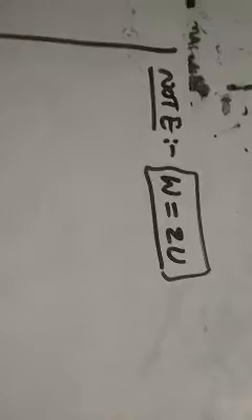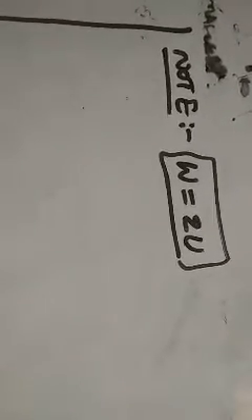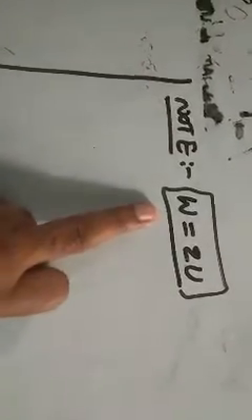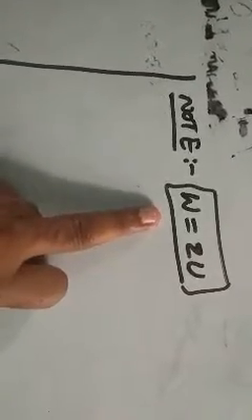Okay. Now see this note point which I explained in the notebook. The work done to charge the capacitor, that is, the work done by the battery, W is equal to 2 times the potential energy stored. So check it. It is a note point. I explained this one in the notebook also.